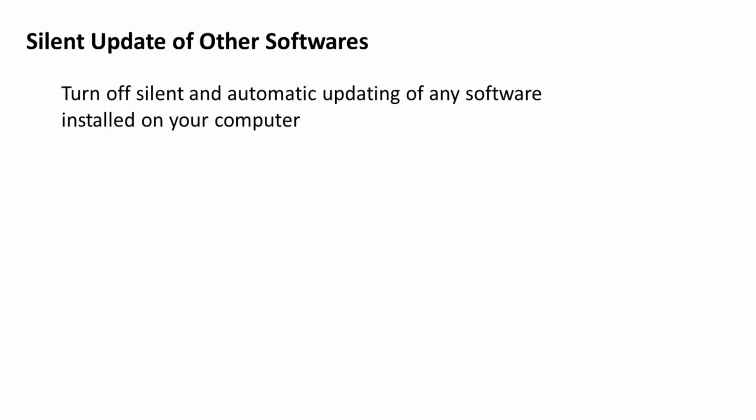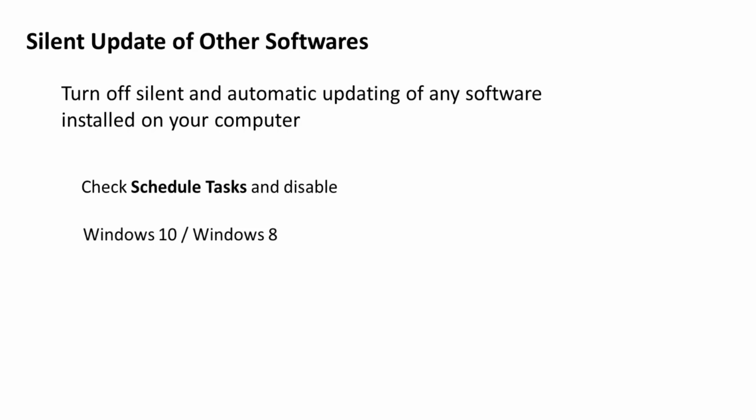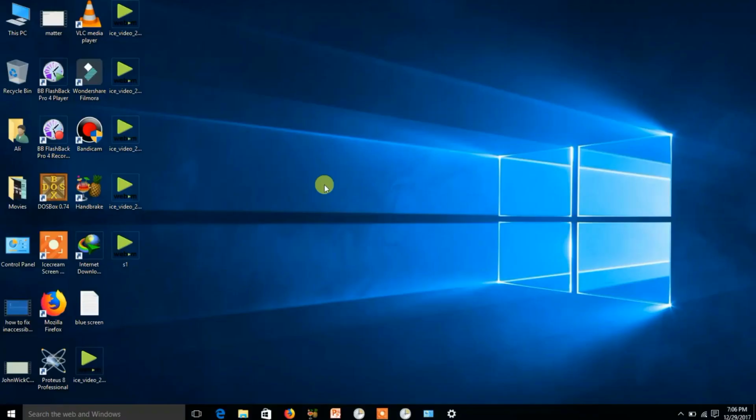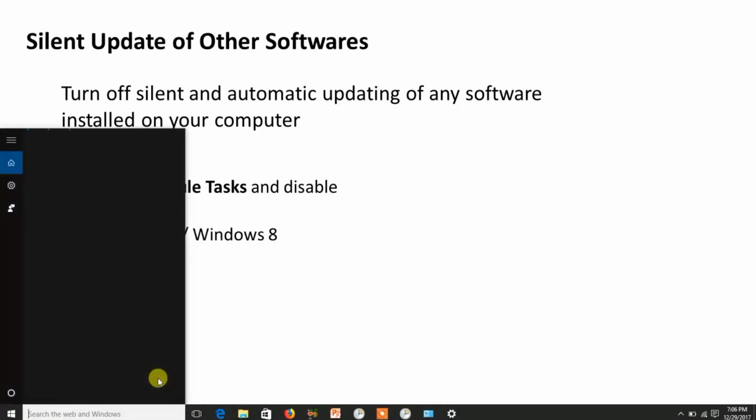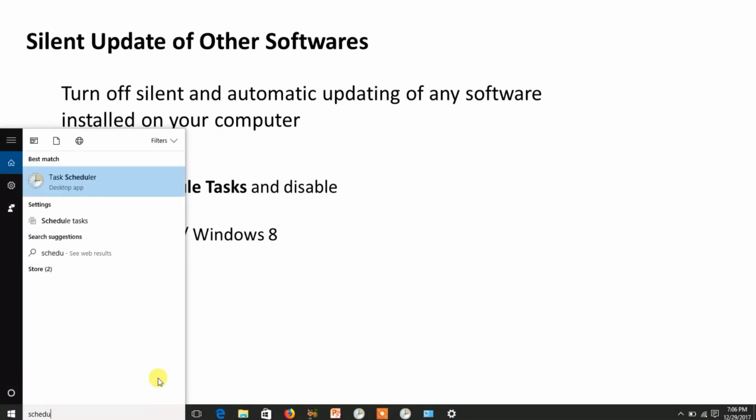Now silent update of other software, meaning other applications that are installed in your system. How will you do that? If you are using Windows 8, I will show you. Simply check schedule tasks and disable. Right here, schedule tasks.